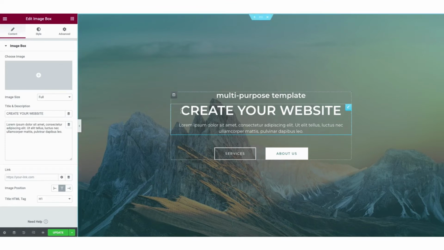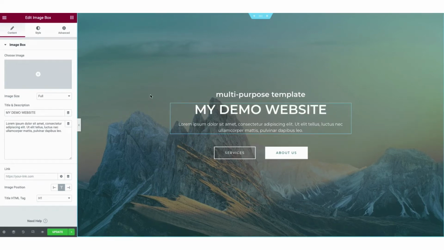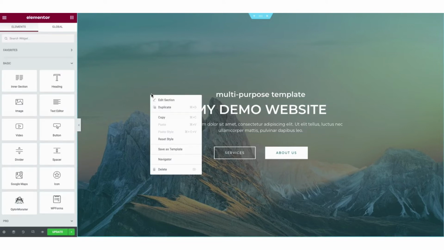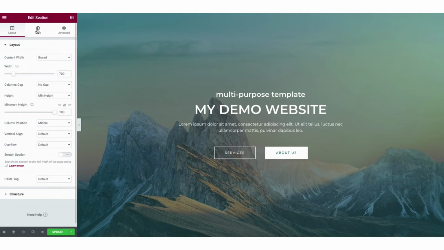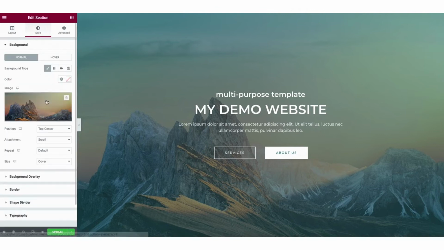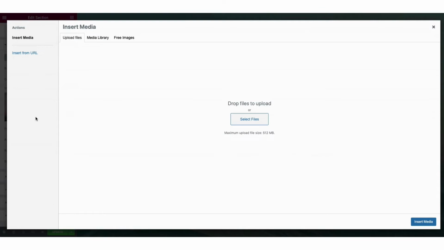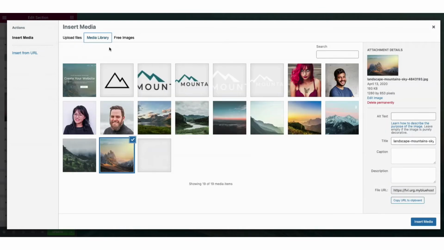I can change Create Your Website to My Demo Website. If you want to make edits to the background image, right-click on the section, click Edit Selection, click Style, hover over the image, and click the trash can icon if you want to remove the image. Click over the image and you can upload a photo to place here, or click Media Library to upload images